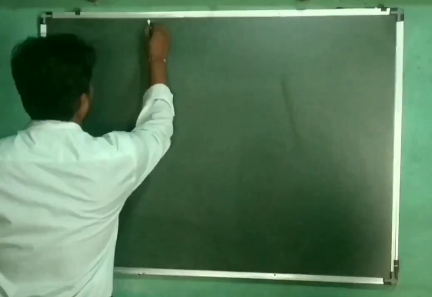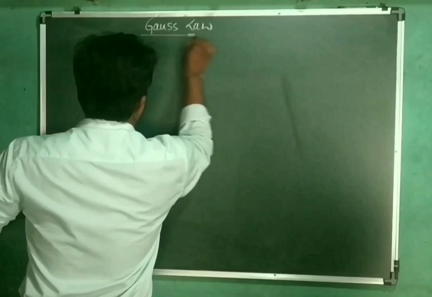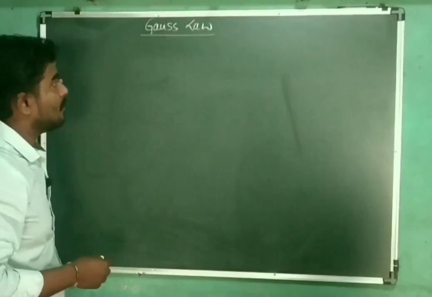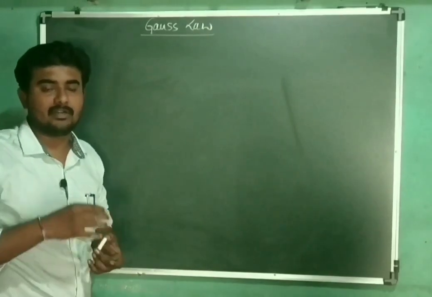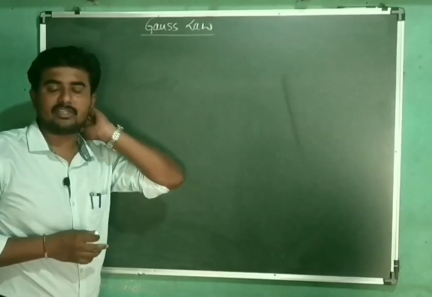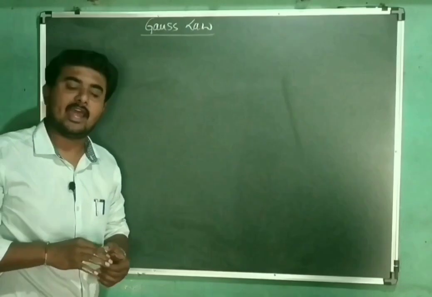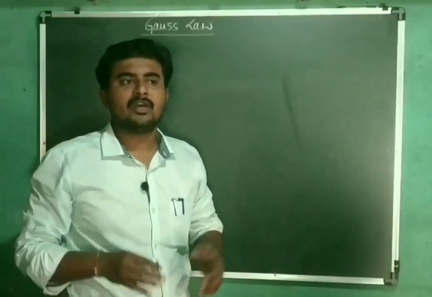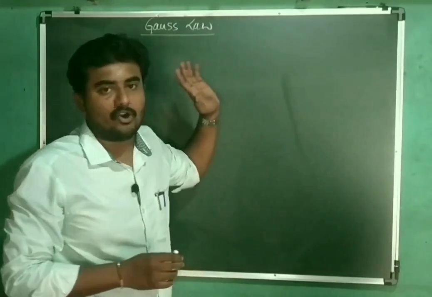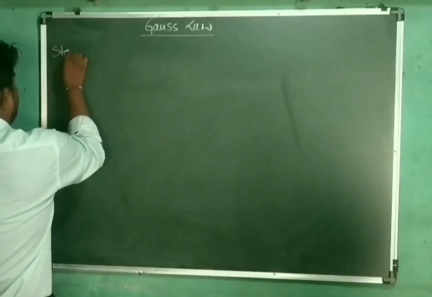Gauss law is used to find out the electric field also, for different types of charge distribution, because in previous videos we have discussed different types of charge distribution: line charge distribution, volume charge distribution, and areal or surface charge distribution. In all such cases we can calculate electric field with the help of Gauss law very easily. Okay, first let us start with its statement